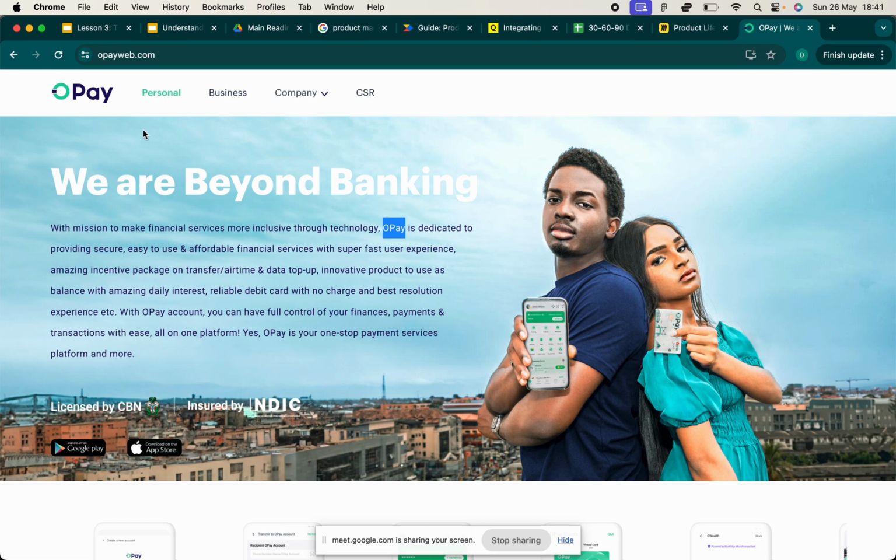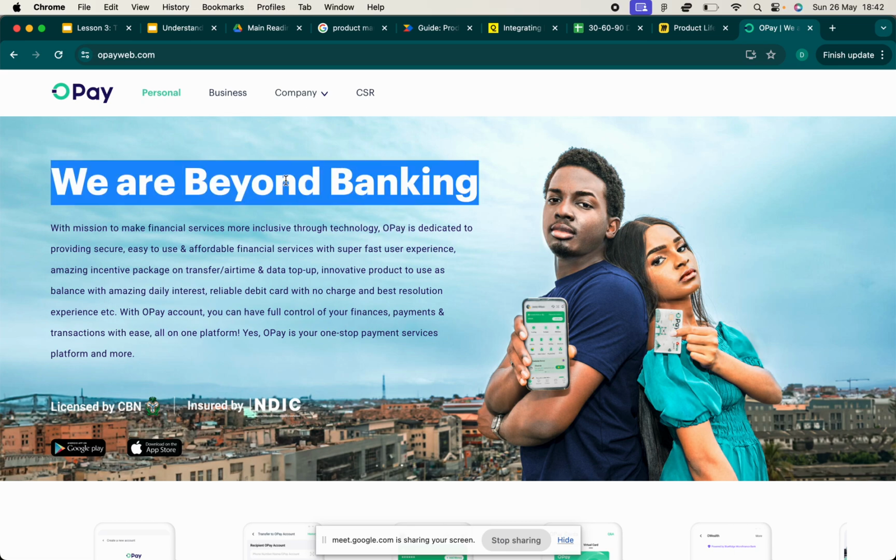they saw that they could take advantage. They knew that people having to sign up to the usual traditional banks, the likes of Access Bank, First Bank, GT Bank, all of you should be aware that it takes days, if not weeks or months, to create a bank account. On OPay, it takes you less than 5 minutes. That's a gap in the market. That's a problem. Most people want a bank account immediately. They don't want to wait for 5 days. And so the owners of this bank, they saw that gap and they exploited it.